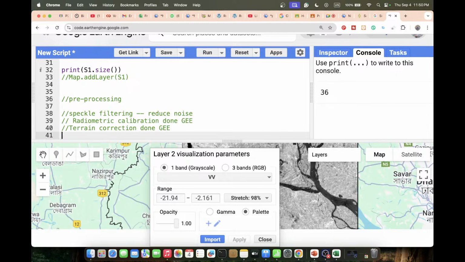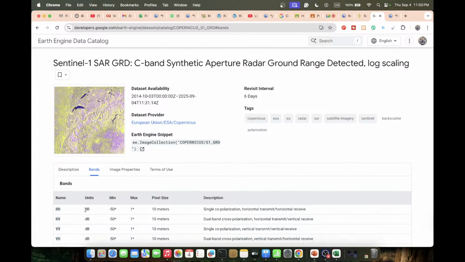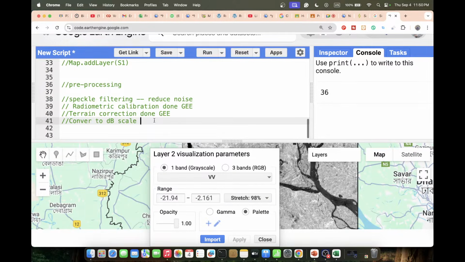So now we simply convert to dB scale values. If you check the bands, the band values are simply converted into dB units. We need to convert the band pixel values to dB. Speckle filtering and radiometric calibration are already done, and terrain correction is already done. So now we simply apply the speckle filtering and also convert to the dB scale. For that,